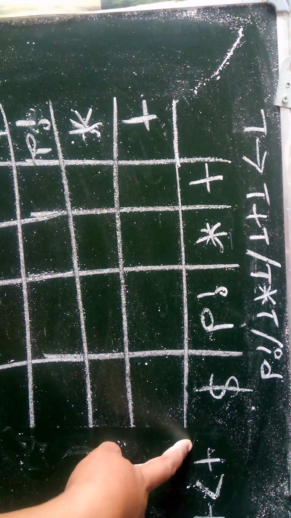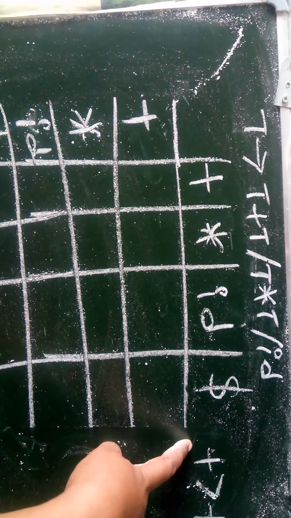And next, ID and star. In the basics, ID, A, B, C are given higher priority. Here ID is there, so ID into plus, ID and plus: ID is given higher priority. Next, dollar and plus. Dollar is given low priority, so we have to give the priority to plus. So write the reverse symbol.